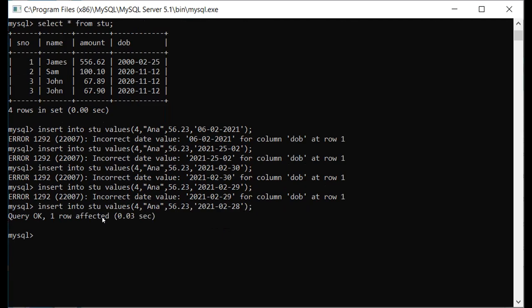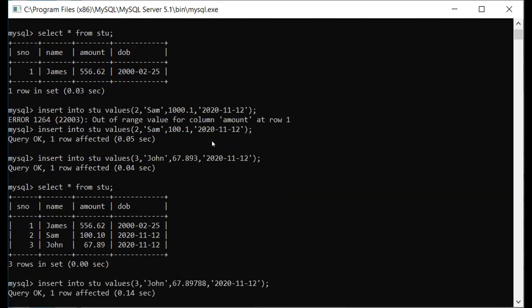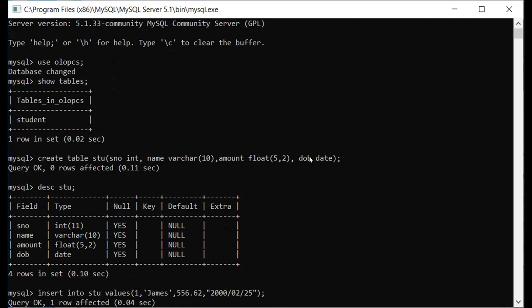So this is what we have to understand, how much checking MySQL is doing. Is this clear? Whenever we are asking for any date, we should always take it in the date data type only. You can see over here we have taken this as a date type. So we should take any date as a date type, because MySQL actually checks whether you are giving a proper date input or not.